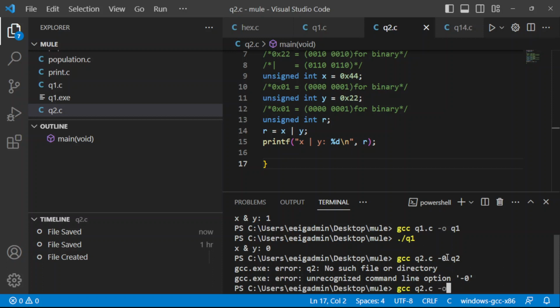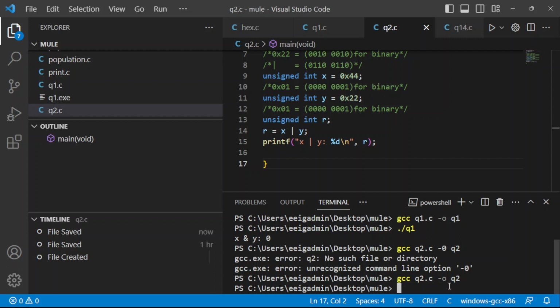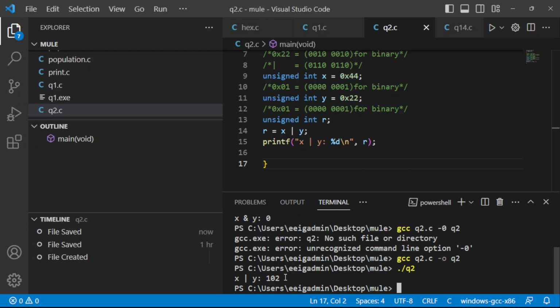I said I write here 0, no, it must be O. So Q2. Now it is okay. Now just dot slash Q2. You see 102. So 102 in base